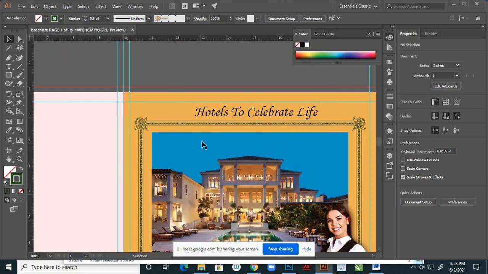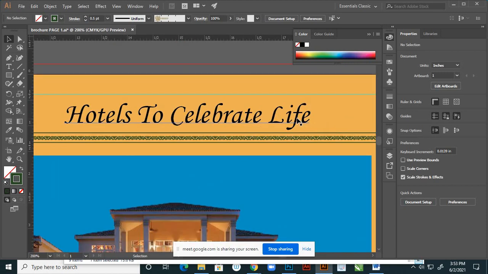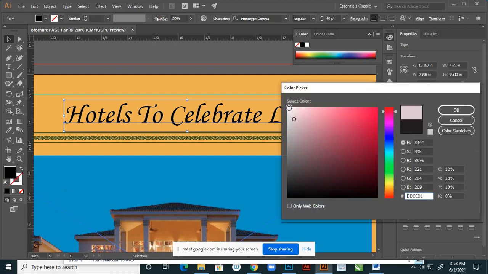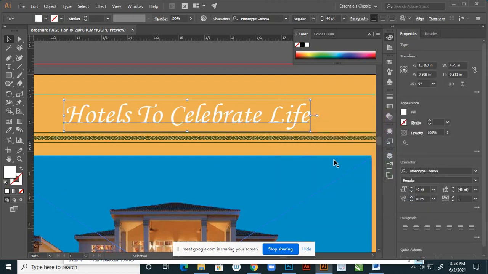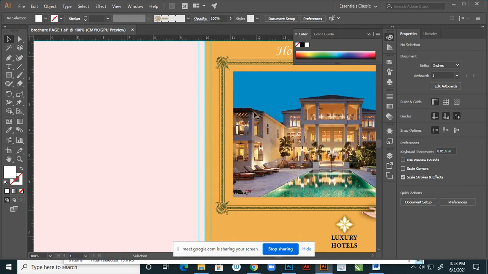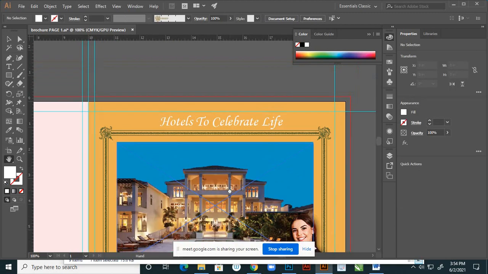And this text, hotels to celebrate life, suppose I'll try with white first, and I'll check with the actual size. Yes, it is good, right?